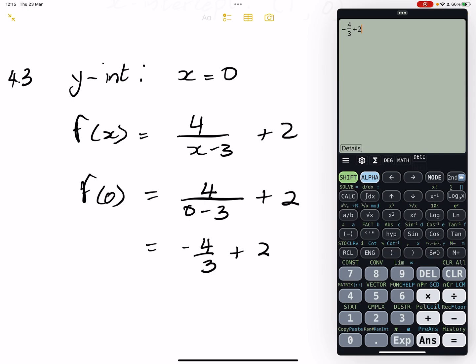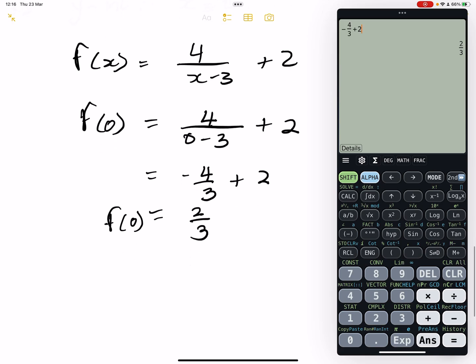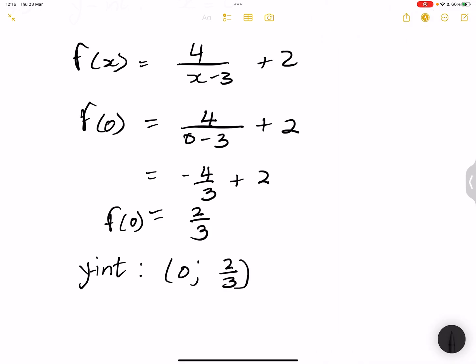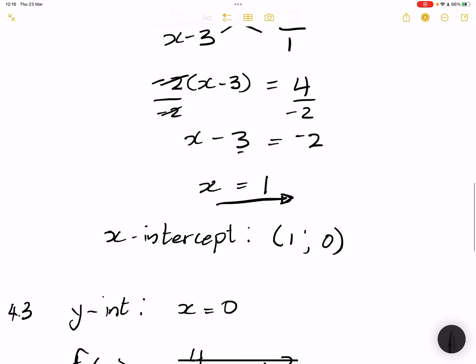And so that gives us, I'm going to put it in fraction form, 2 over 3. So it means that our y-intercept should be where x is equal to 0 and y is 2 over 3. That's our y-intercept, right? Okay,